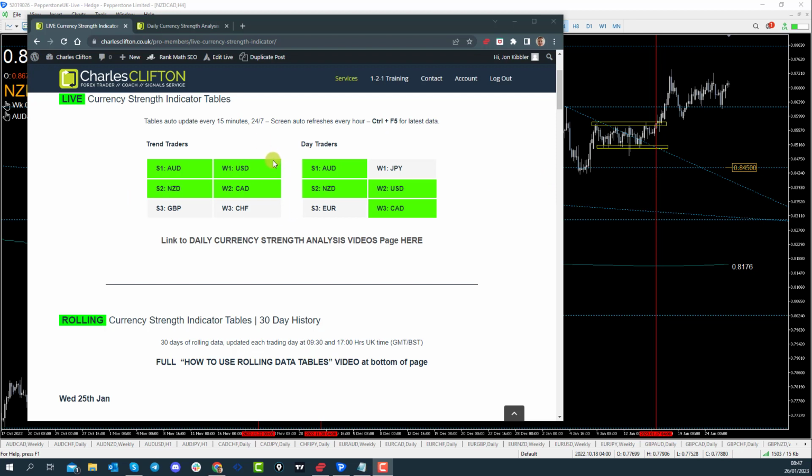Here we have our two tables in front of us. We have our trend traders table and our day traders table. These are highlighting the same studies but just showing different time frames. So you can see here some of the currencies are highlighted in green. That means there's a confluence between the two trading time frames, and that's where we'll be focusing some of our